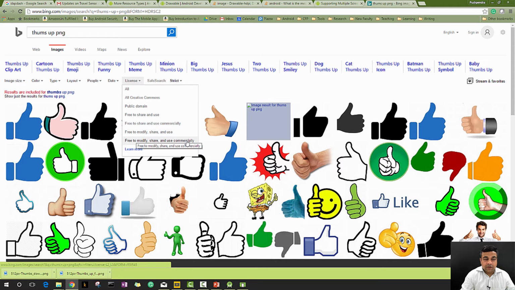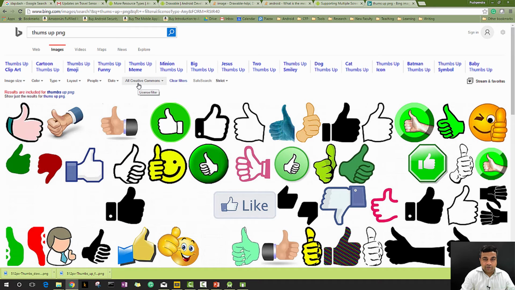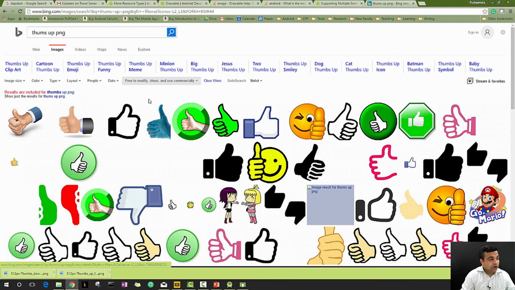For my own application, I may actually use any of these images, and usually for such purposes I just go for all Creative Commons images. But because I want to show you how to find images that you can use without any fear of violating intellectual property rights, let us search only for the images free to modify, share and use commercially. This is a reasonably good approach to find images on the internet which may be free to use commercially. However, if you do want to make a commercial application, you must contact the creator of this image and take